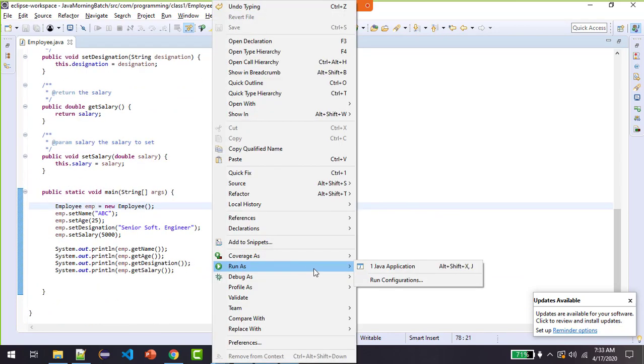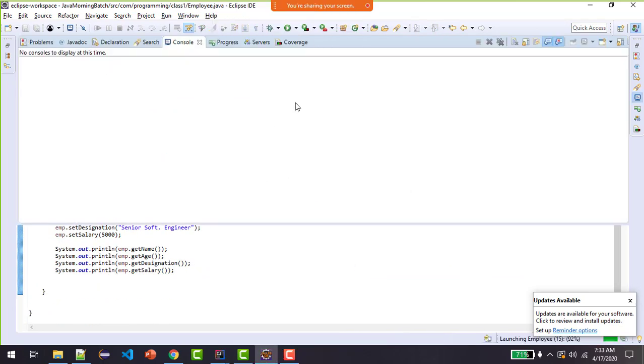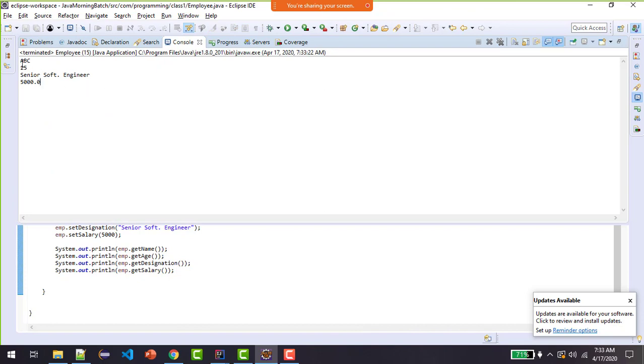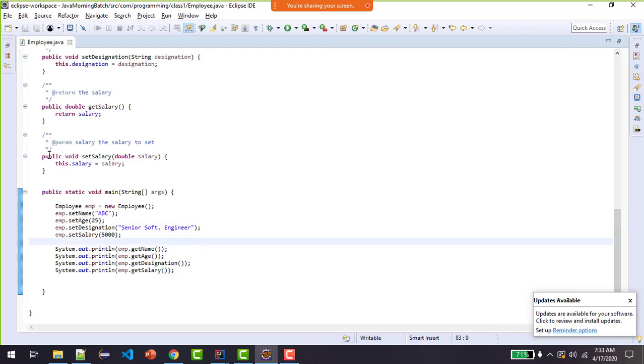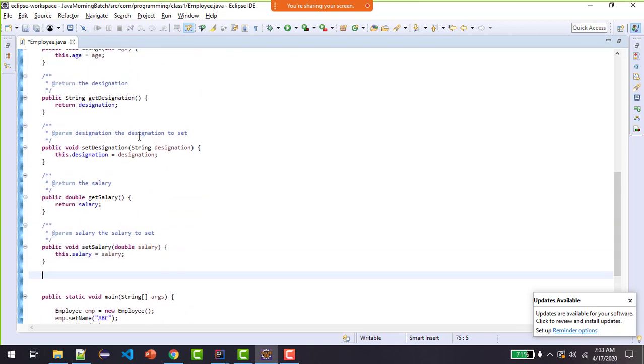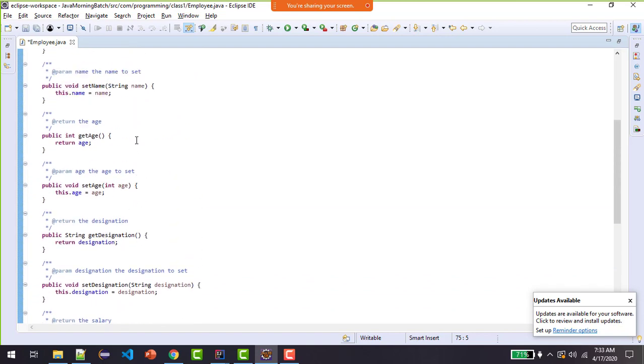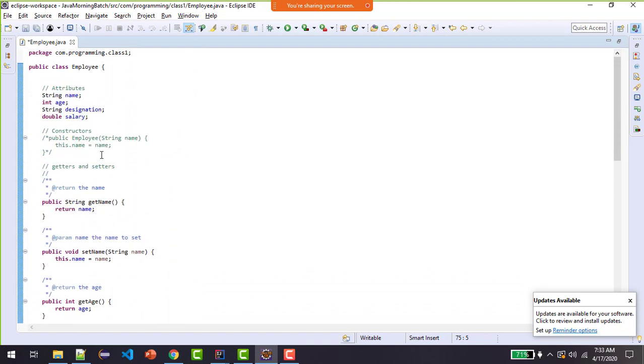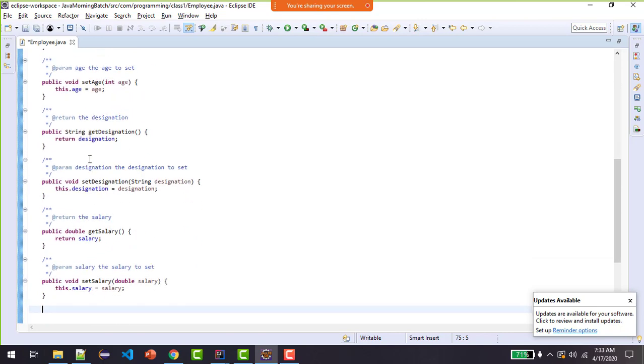If I run this piece of code, whatever I have set, that will come. This is what I set. And how did I run my Java code? Simply right click, run as Java application. Then I said a class can contain the fields and method to describe the behavior of an object. I could have created a method also. That method is nothing but a member of this very class, which will actually provide the service for an object or perform some kind of business logic.